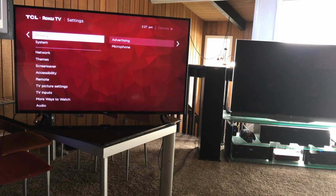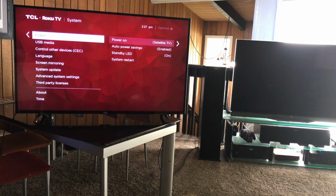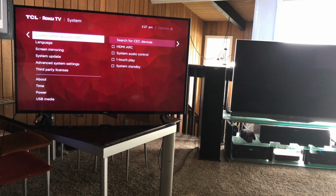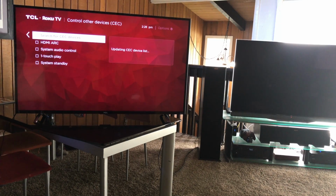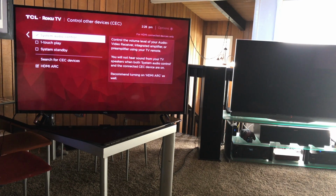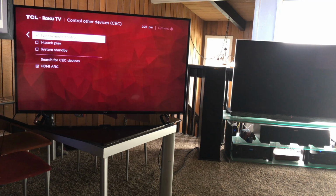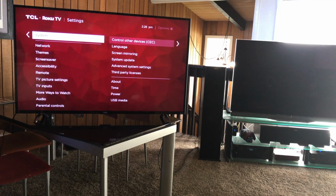We need to go down into System. We go to System, and then we go down to Control Other Devices, CEC. And here is where you got to click HDMI ARC. Now the system audio control also gets checked when you check the HDMI ARC. So that's all good, don't worry about it. So now that that's set up, let's go back to